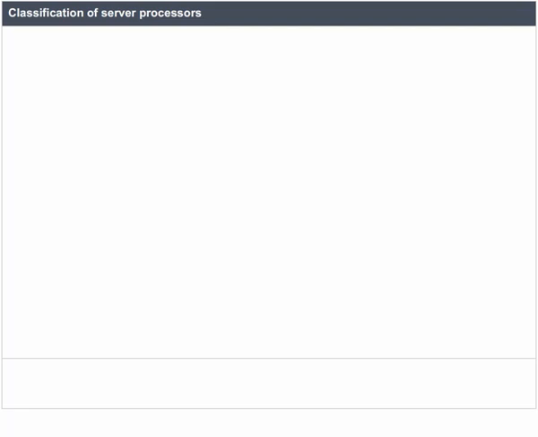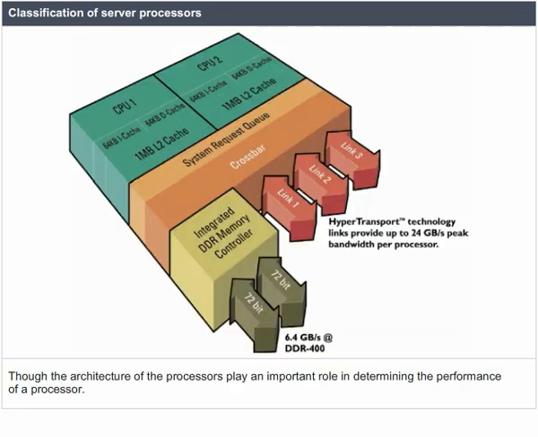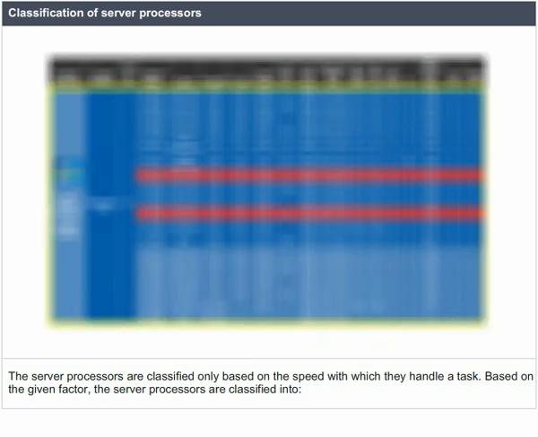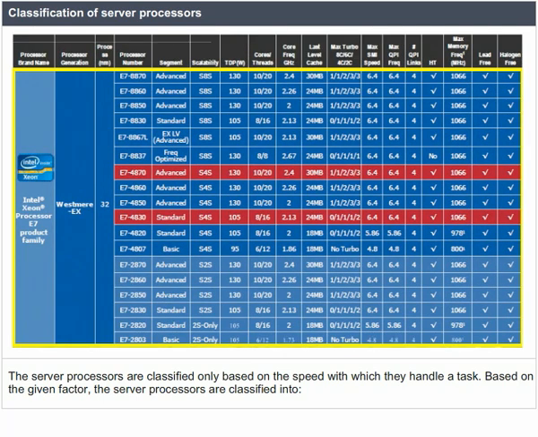Classification of server processors. Though the architecture of the processors plays an important role in determining the performance of a processor, the server processors are classified only based on the speed with which they handle a task. Based on the given factor, the server processors are classified into